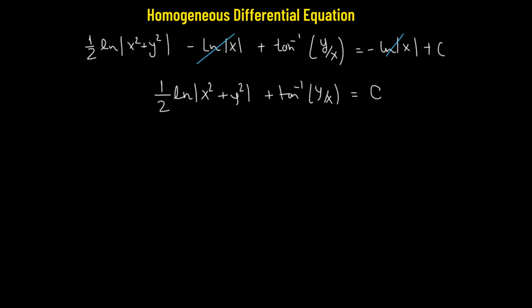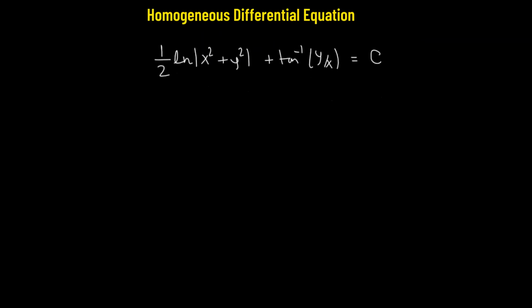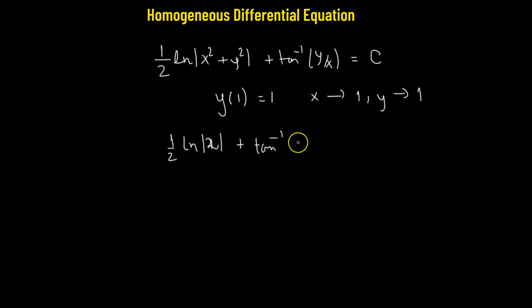Here we have been provided with the initial conditions. y of 1 equals 1. So that means when x goes to 1, the y value also goes to 1. Let's substitute these values here. So we have half times natural log of 1 squared plus 1 squared, so that's 2, plus tangent inverse of y over x, so that's 1. So this will be equal to c. So that means c will be equal to half log of 2 plus the inverse tangent of 1, so that's simply